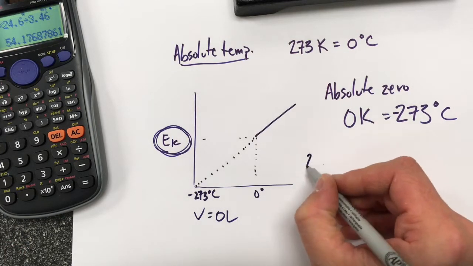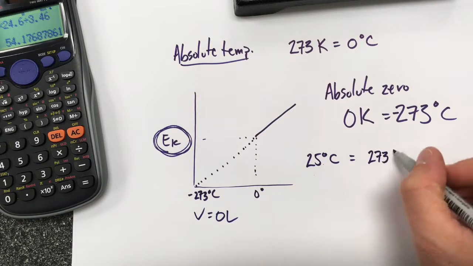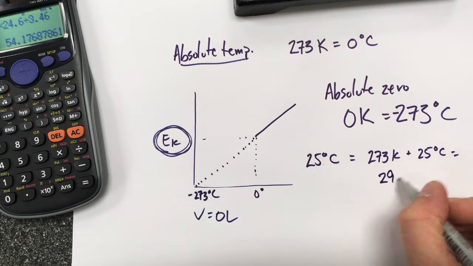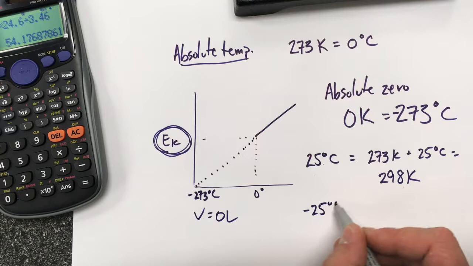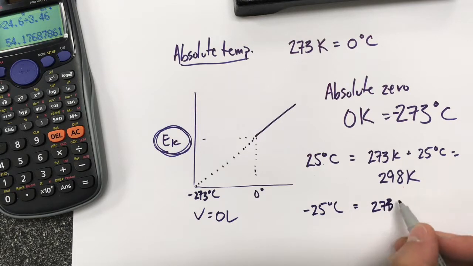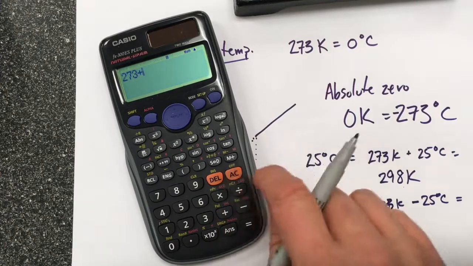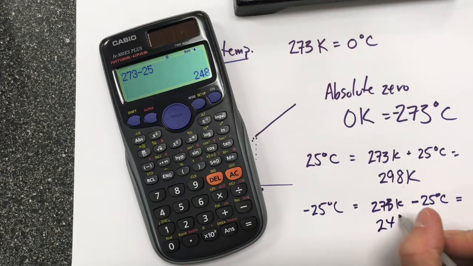And so if I have 25 degrees Celsius, that's going to be equal to 273 Kelvin plus 25 degrees Celsius. So it equals 298 Kelvin. If I have negative 25 degrees Celsius, it's 273 Kelvin minus 25 degrees Celsius. And that'll give me, so 273 minus 25 gives me 248 Kelvin. So there's still lots of energy there for the particles to move, but it is much cooler, less